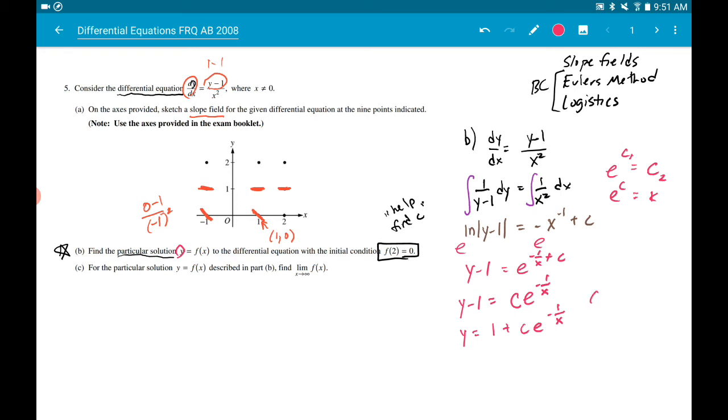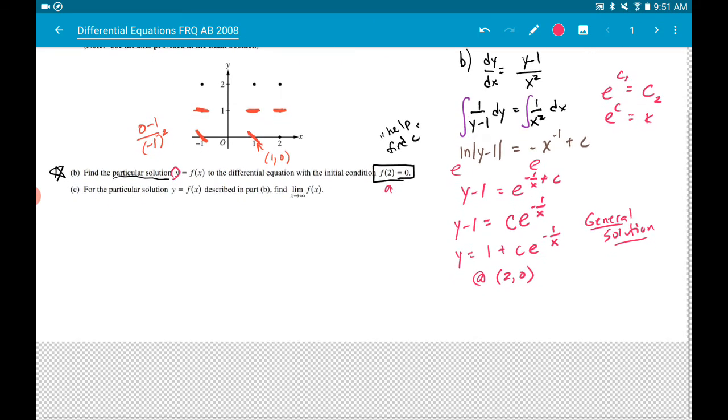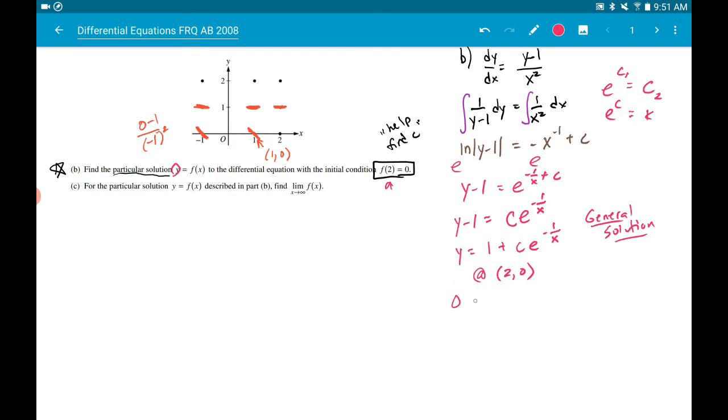So this usually is called the general solution, and sometimes that's asked for. You probably get some points if you take it this far, but when you have a particular value here, the idea is you want to actually find that c value by using the point that's given. It's given in function notation, but it means that point. So let me slide up here a little bit. So if I substitute 0 in for y,